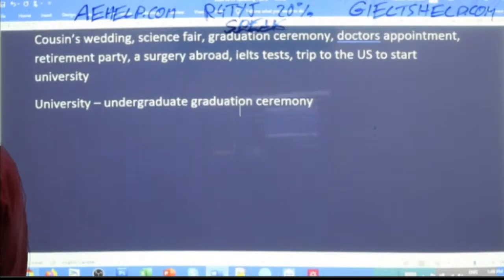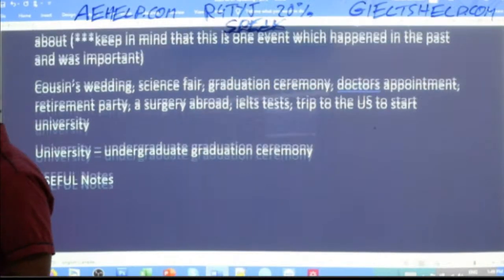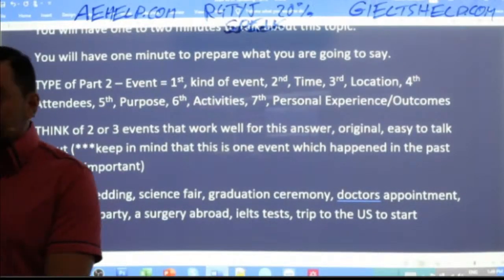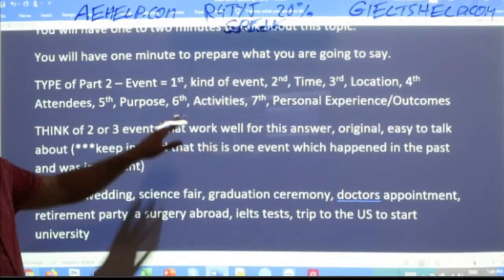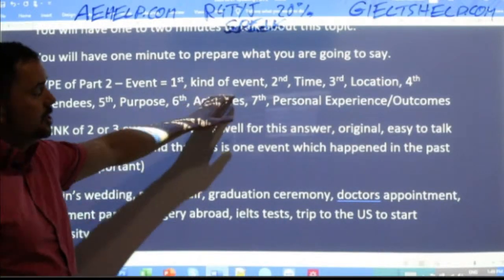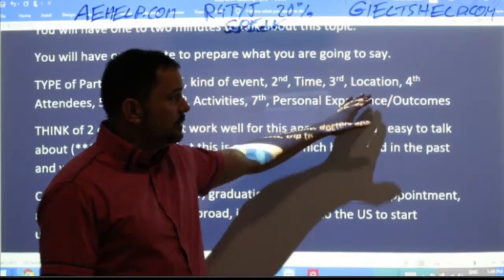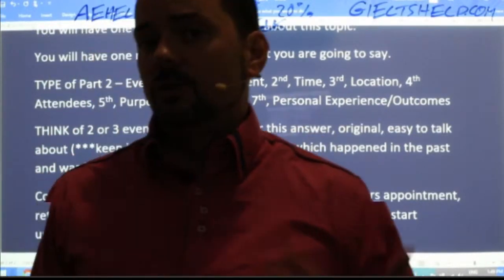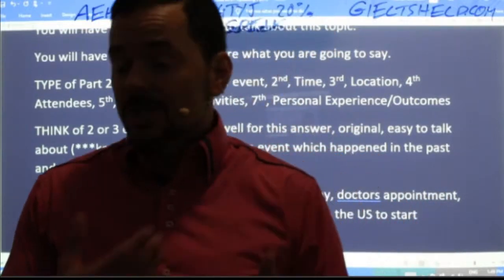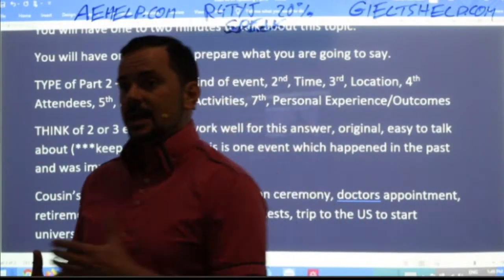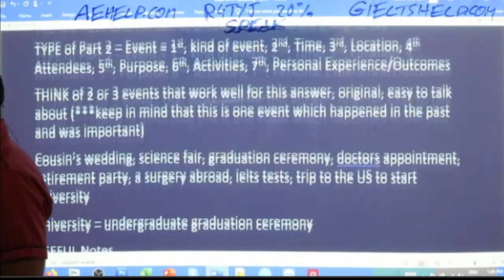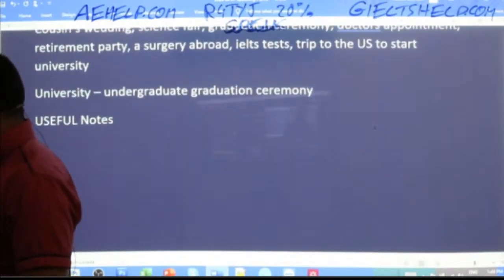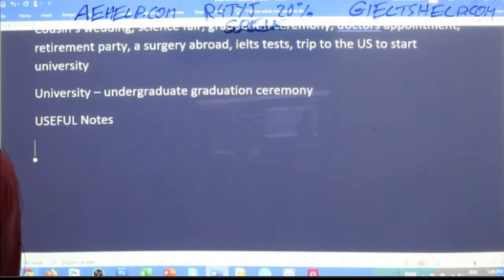Okay, now when you're creating your useful notes, I know many of you know now that that's what's coming up next. When you're creating your useful notes, again, all you want to do is to keep this order in mind. And for each one of these, write down just a couple of words that are going to help you elaborate and give details and give good vocabulary and also position you if you forget what to say. Okay? So, useful notes. Okay? So, bachelor's,